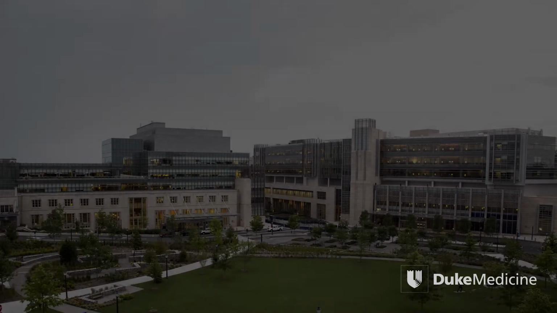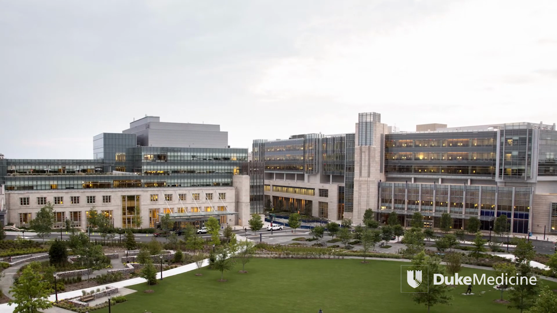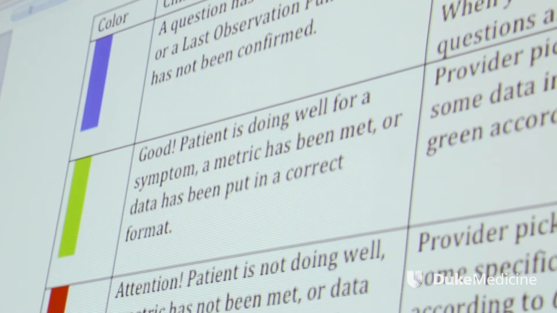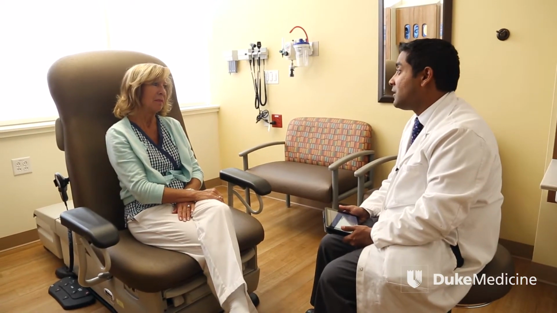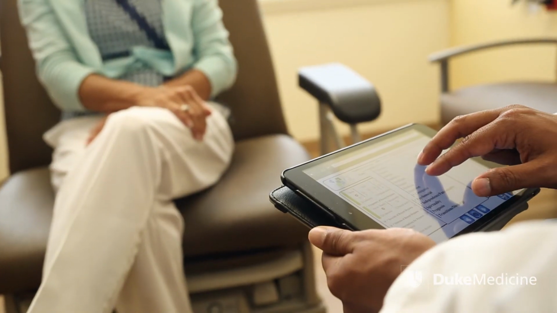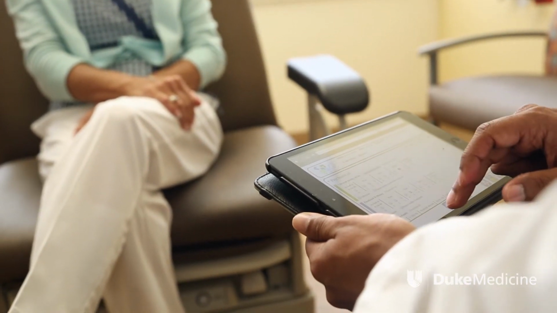In 2007, Duke University entered into a very novel relationship with 4 other community palliative care organizations. The group came together and called itself the Carolinas Consortium for Palliative Care. In 2007, we started with a paper-based form because we wanted to understand what type of care people are delivering in the community. That paper-based form eventually evolved into what we use now as QDACT, which is an online electronic platform. What happens is clinicians, as they're seeing patients, use our iPad tool while talking to the patients to understand what needs they have, as well as using some amount of decision support to help them understand how they can be caring for those patients in a better way.